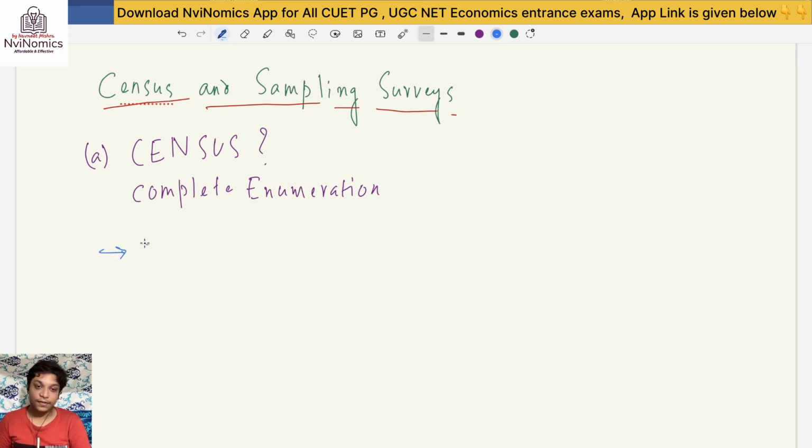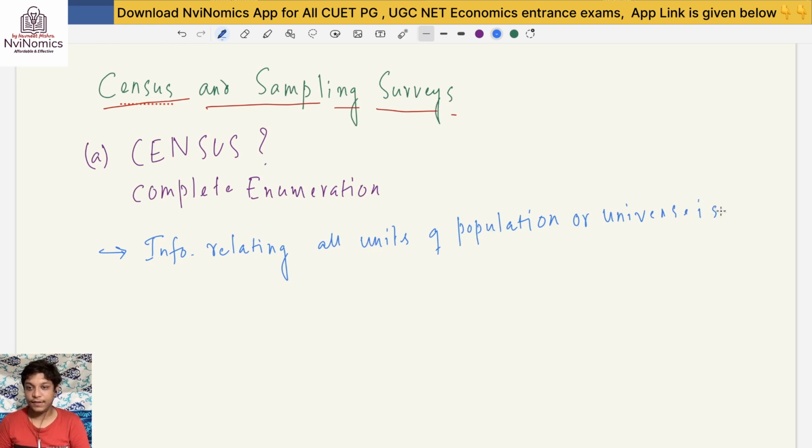तो जैसे कि किशन ने अभी बोला आप लोगों को, तो मैं वही लिख रहा हूँ अभी। तो क्या होता है इस पे, information relating to all units of population or universe is collected in this मेथड।